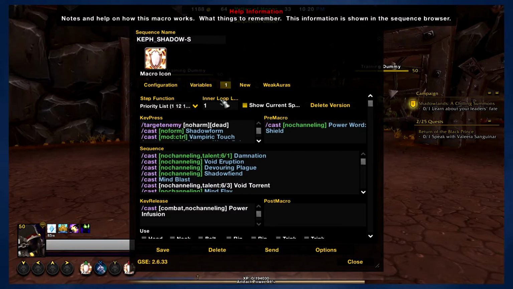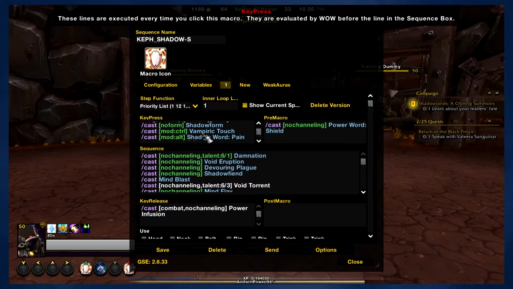Okay, so first up we have the modifiers. Well, first off, if you're not in shadow form, the macro will put you in shadow form. Pretty straightforward there. And then you've got your modifiers for your dots. Hold down Control to do Vampiric Touch, Alt to do Shadow Word Pain, and then for Shadow Word Death, you